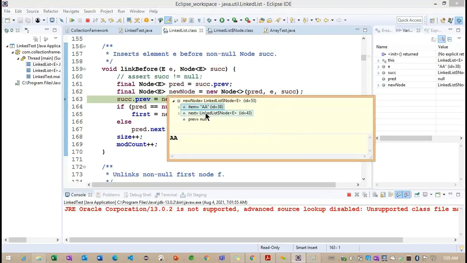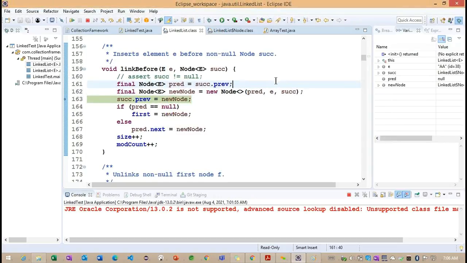The item we provided is AA, and this AA has its next node, which is AB. So the first node is now AA, and AB is going to change here.